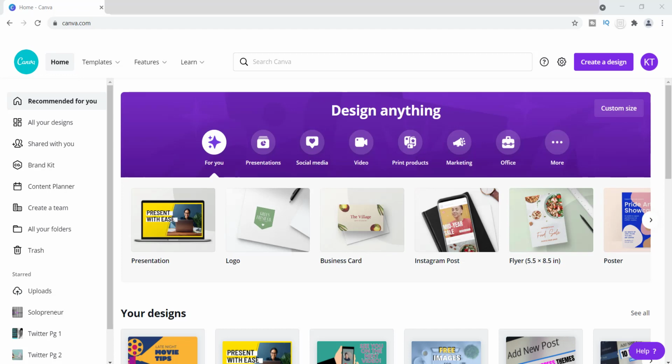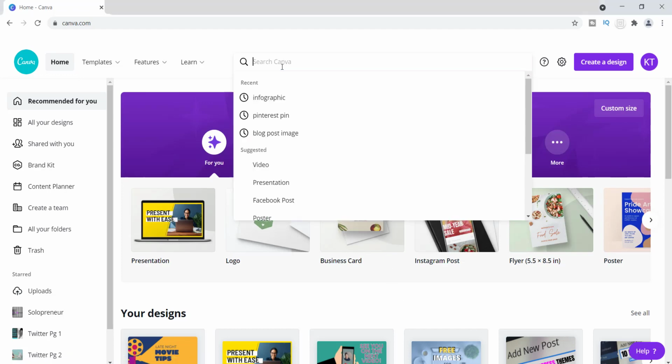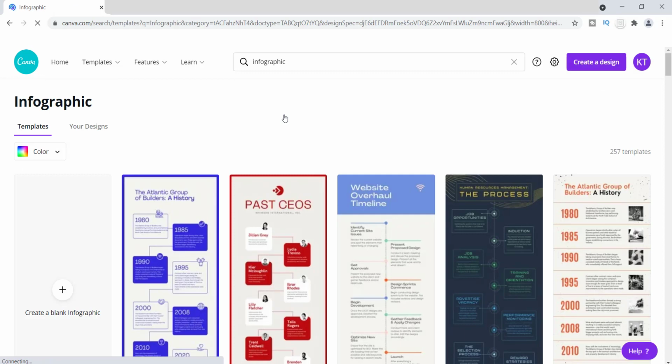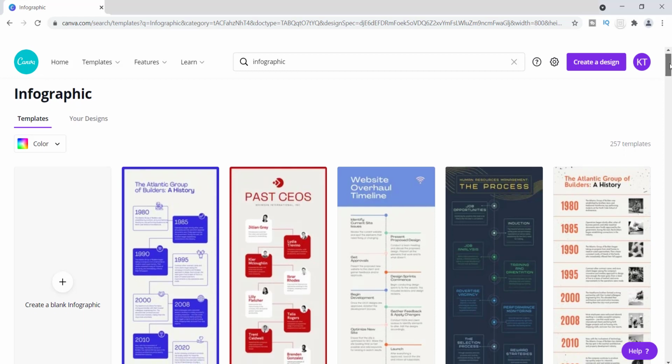And guys, infographics are just a combination of information and graphics, and I basically use them pretty much all the time, especially with my blog. So I want to show you how you can create one right here in Canva. So what you want to do is go up to the search bar and easily type in infographic, and what'll happen, at least for me, is that it's going to populate because I've been down this page before. And so what you'll have is a page that's got a bunch of templates with infographics,